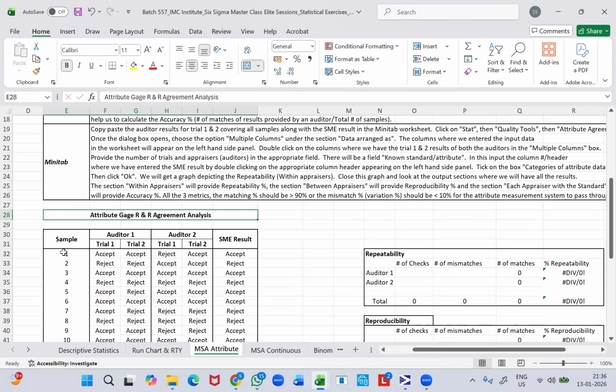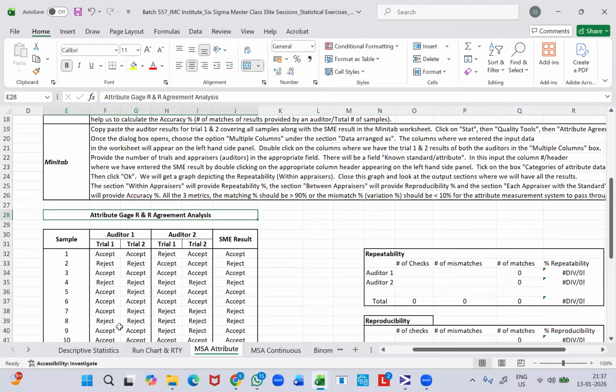So we should not have all the 30 samples as non-defective, and we should not also have all the 30 samples as defective. So we need to have a mix of both defective and non-defective samples, right? And then we will have a minimum of two auditors. So whatever numbers I'm providing here, these are all the minimum numbers that we need to consider for performing this